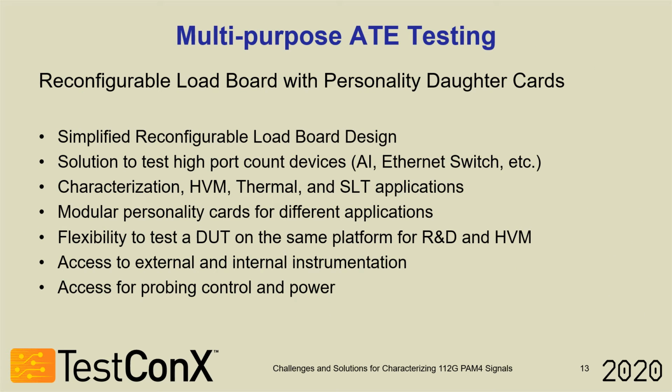Another area of testing that hasn't yet been addressed is the DUT load board. So far, we have talked about the BERT and DSO instruments that are separated from the DUT load board. However, additional data cards can be used to allow additional flexibility by allowing a simple reconfigurable load board design. This has the following benefits: simplified, reconfigurable load board design, a solution to test high port count devices,